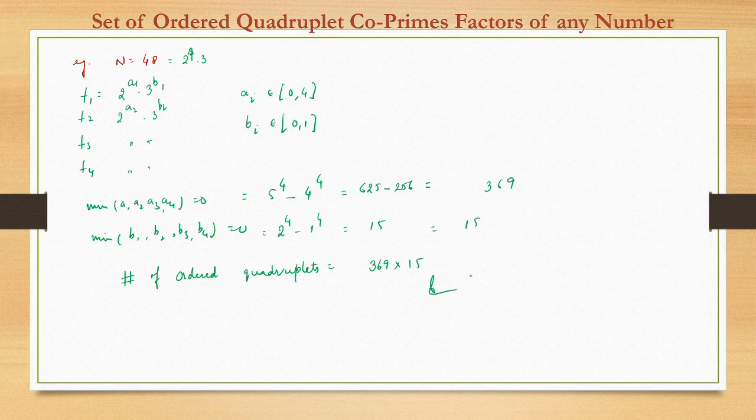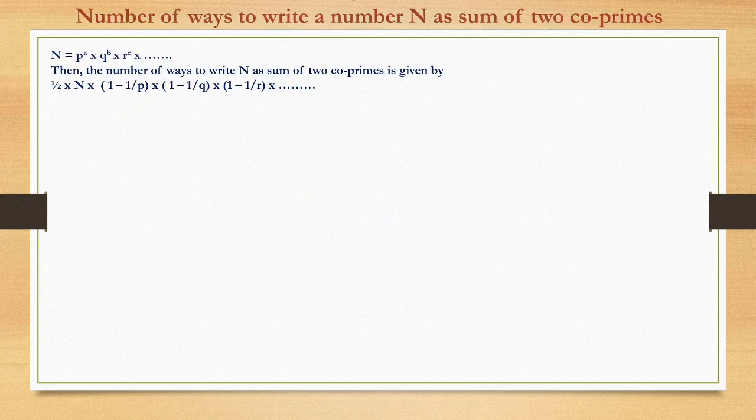When you are asked to find the number of quadruplets of coprime in the factors of any number of quadruplets. Now, so far we have seen the concept. Now we will be seeing the number of ways to write a number n as a sum of two coprime numbers. So suppose you have to write